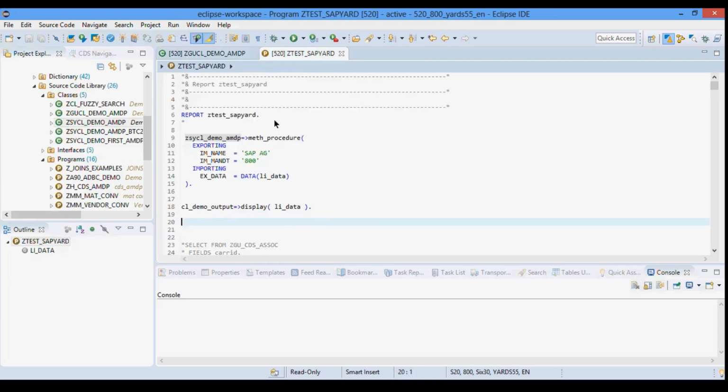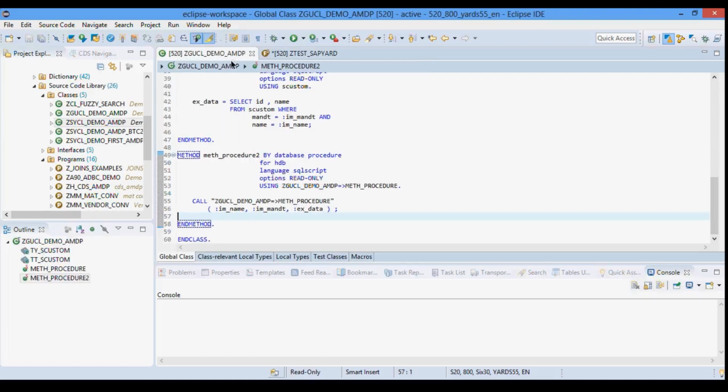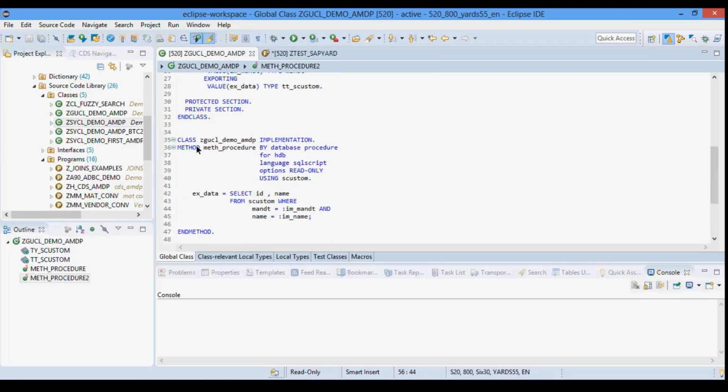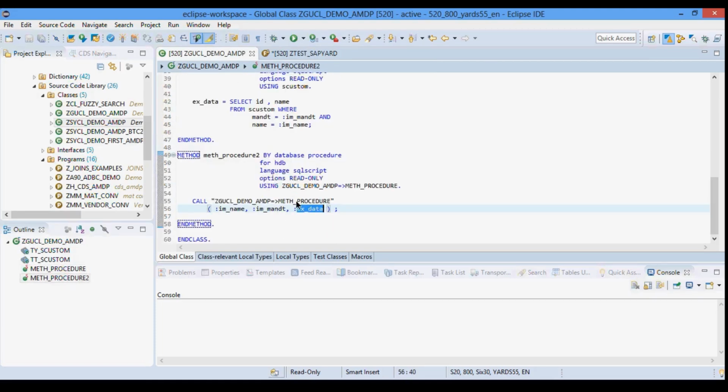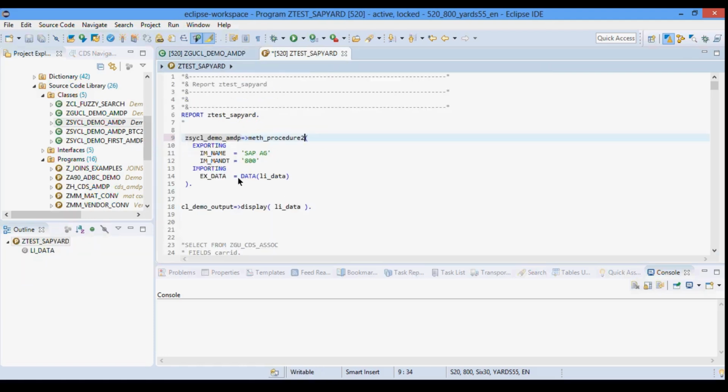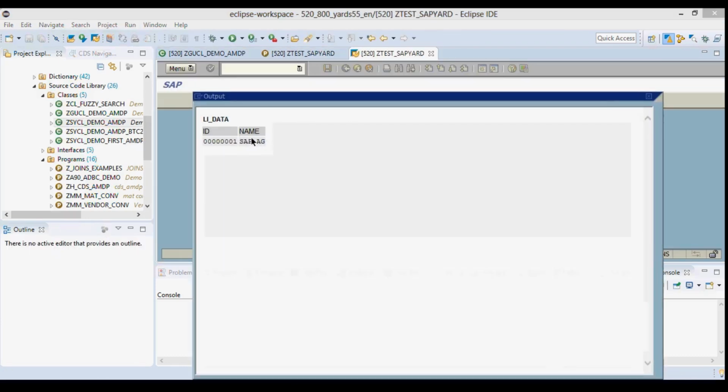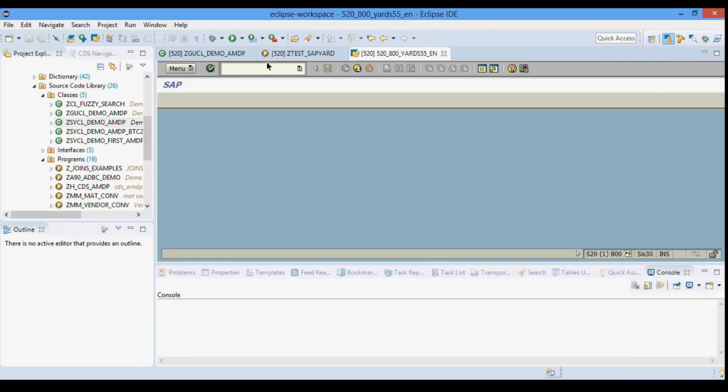Suppose from outside, any program calls this method procedure 2. It will go here and call this procedure, so this particular method procedure would be called and the underlying logic would be executed. The data would be sent to this EX_DATA, and this EX_DATA would be sent back to my output. If I activate it and execute it, I got the data.